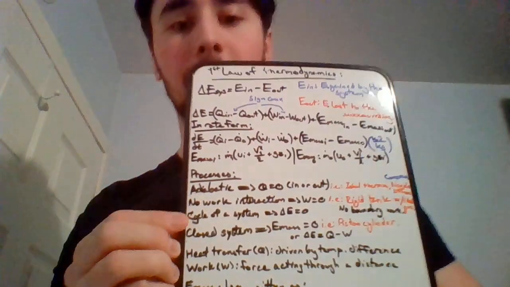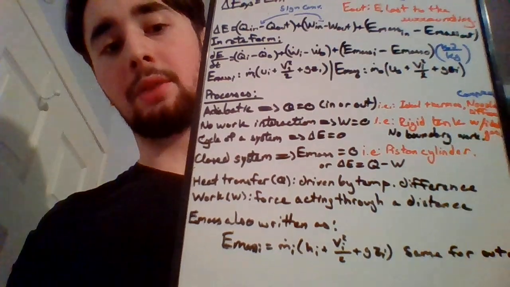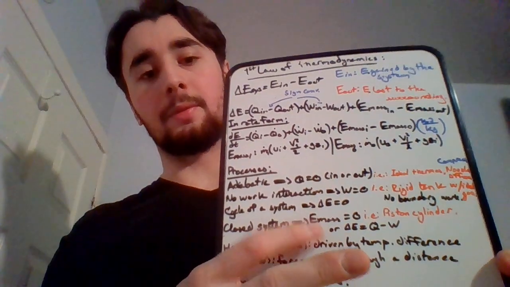And then, if we have a closed system, the perfect example would be a piston cylinder, which means no mass is going in or out. It's not really a process; this comes more down to problem solving. So the energy of the system depends only on the heat transfer and the work, as written over here, and not on mass flow rate, because mass flow rate is 0. No mass going in or out. And then you have obviously a bunch of other different types of processes, but to keep this short and simple,